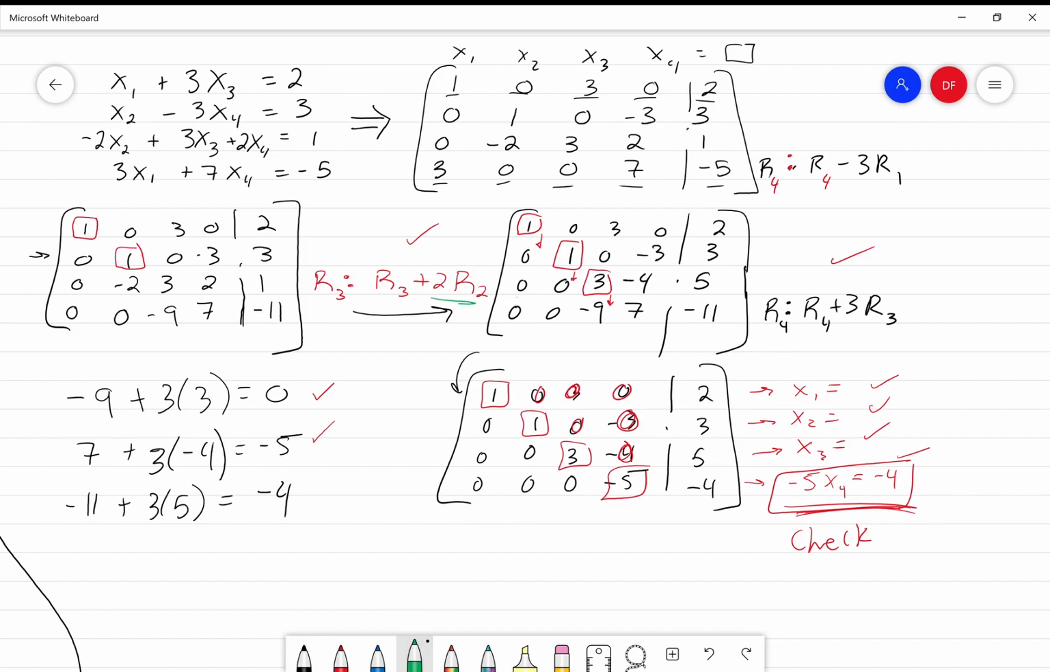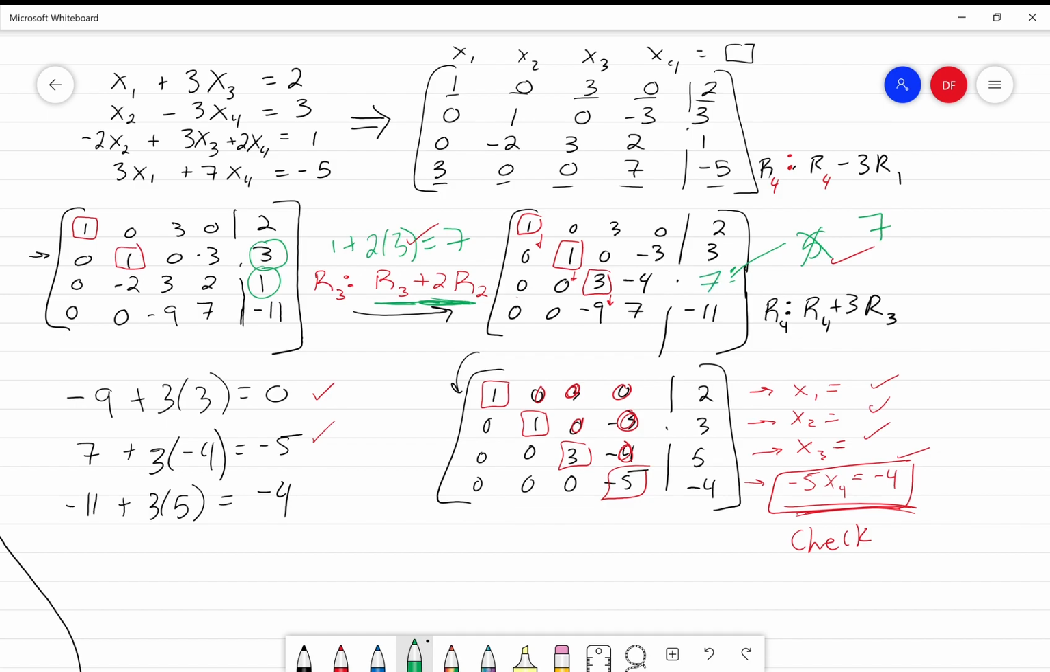When I added 2 plus R2, I should do R3 plus 2R2 here, and here I should add 1 plus 2 times 3, which should equal 7. And here I wrote 5. This is wrong. It should be 7. So if I change this